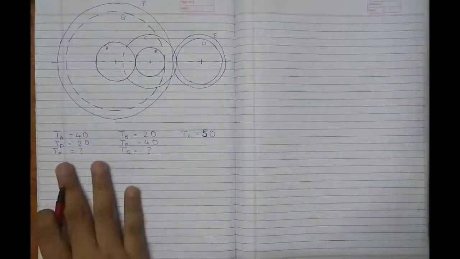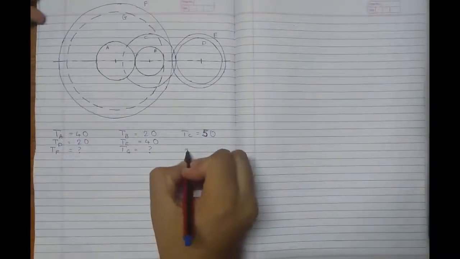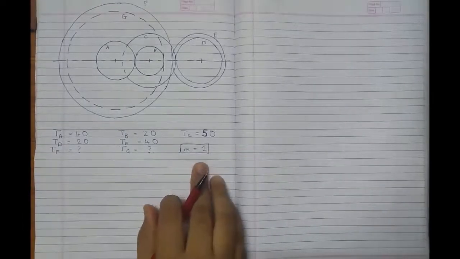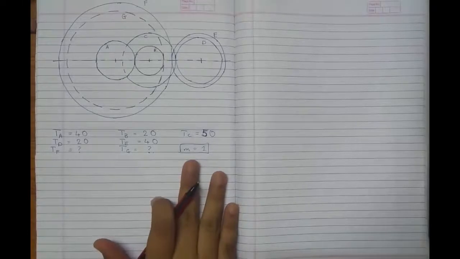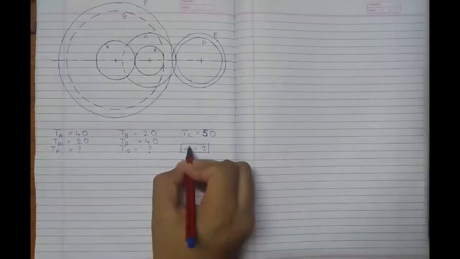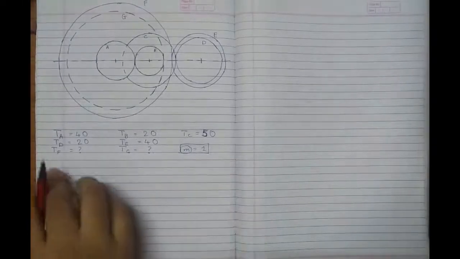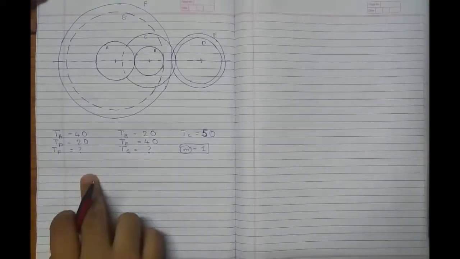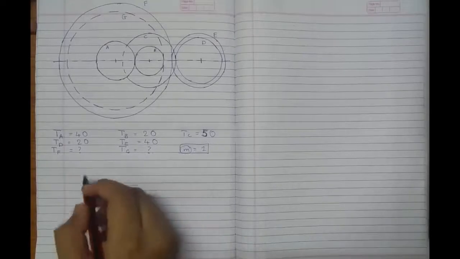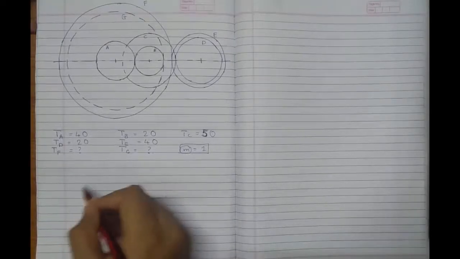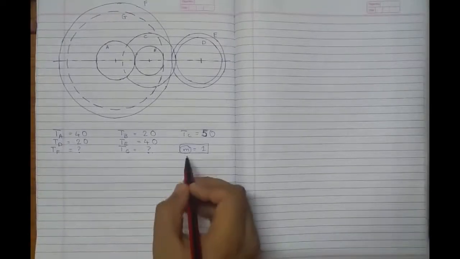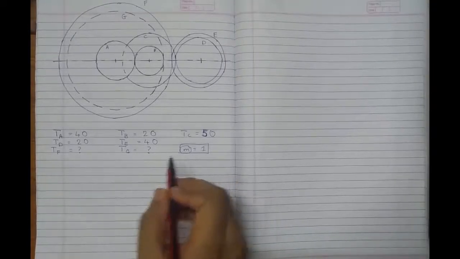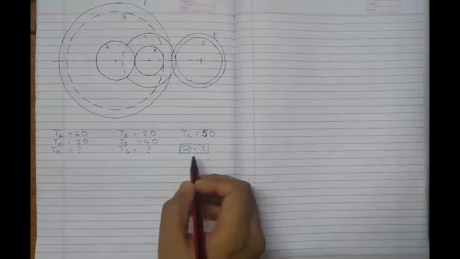To simplify this question, we can take that module is equal to 1. See, it is not compulsory to take module is equal to 1. You can take whatever value of module you like. If you like, you can keep the module as m only. In each and every equation, that m will get cancelled out because it will be on both the sides. So to simplify our calculations and to remove the efforts of cutting off m from both the sides, we will take m is equal to 1. This will make our solving very easy.